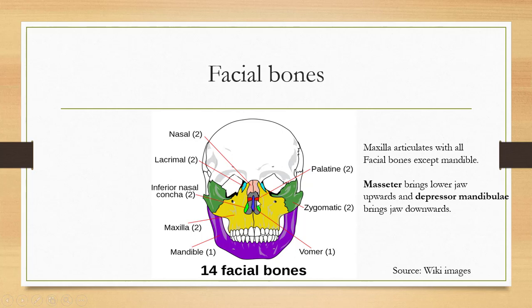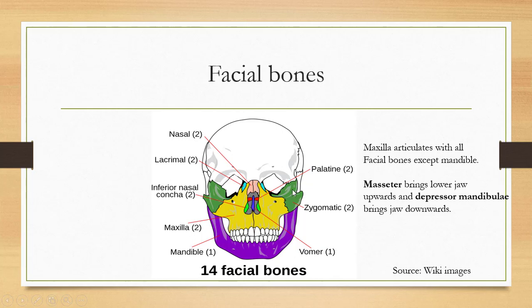Then there is the palatine. Palatine is present in the region of the hard palate. So the region inside your mouth, the roof of your mouth that you can touch with your tongue, that is the hard palate. And the bone that is present in that region is the palatine. Then there are two nasal conchae. These bones act like filters, and they are present on the inside in the openings of the nose.